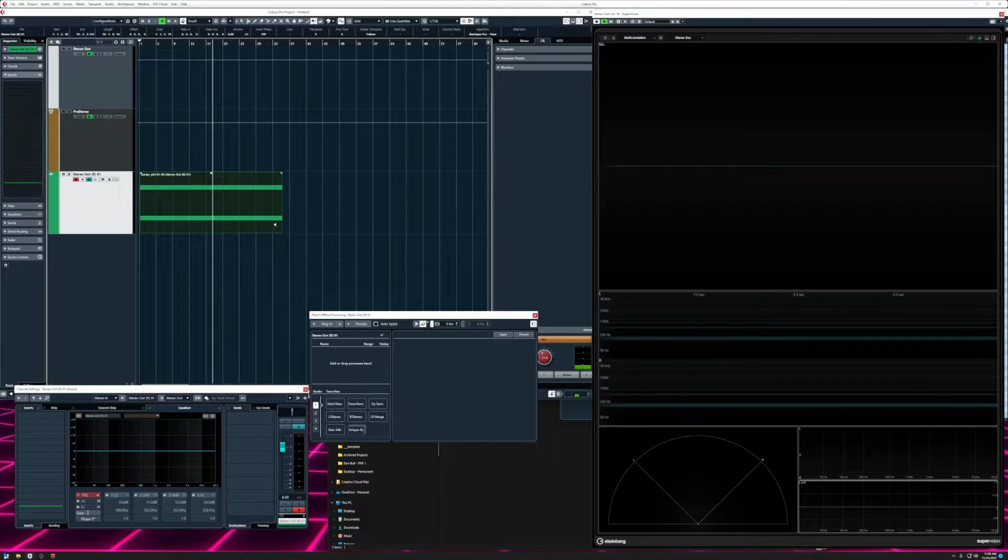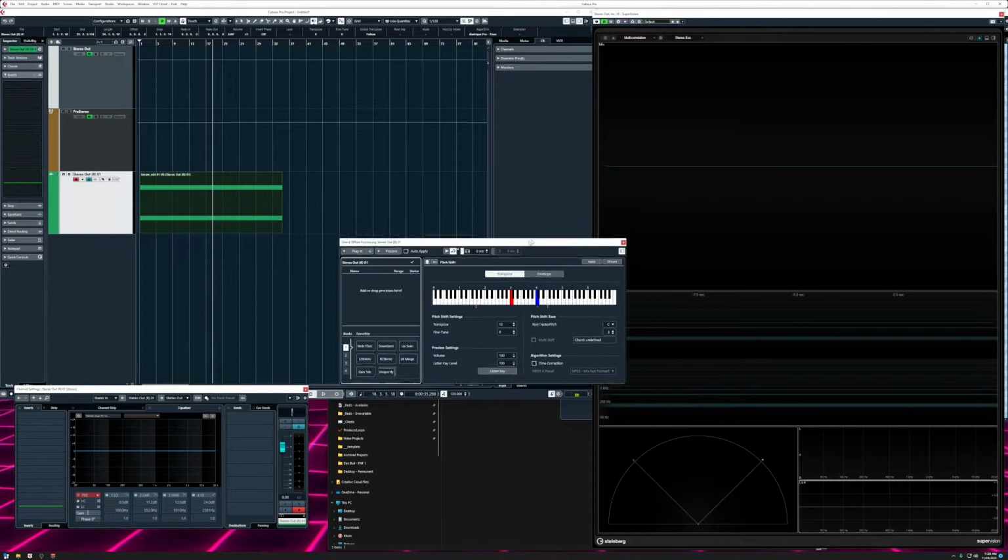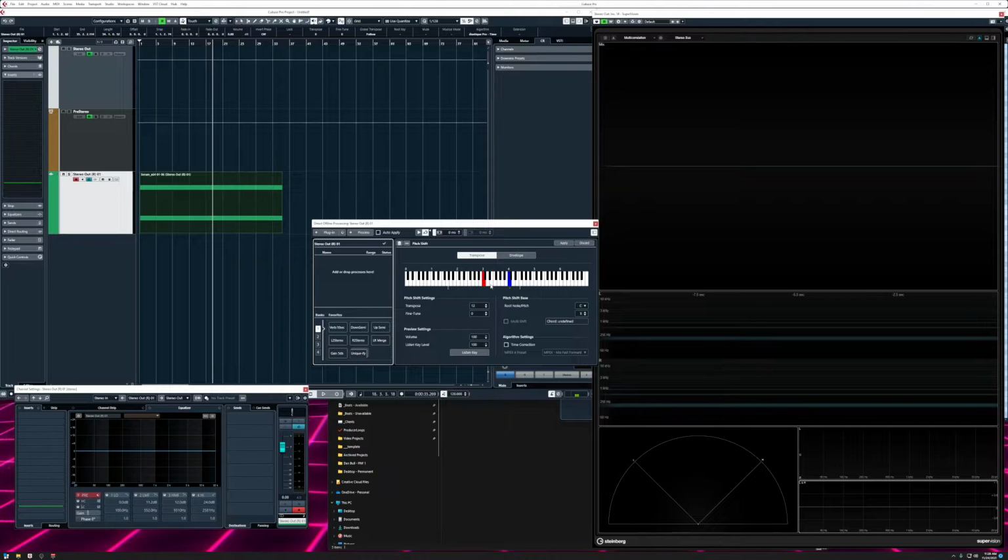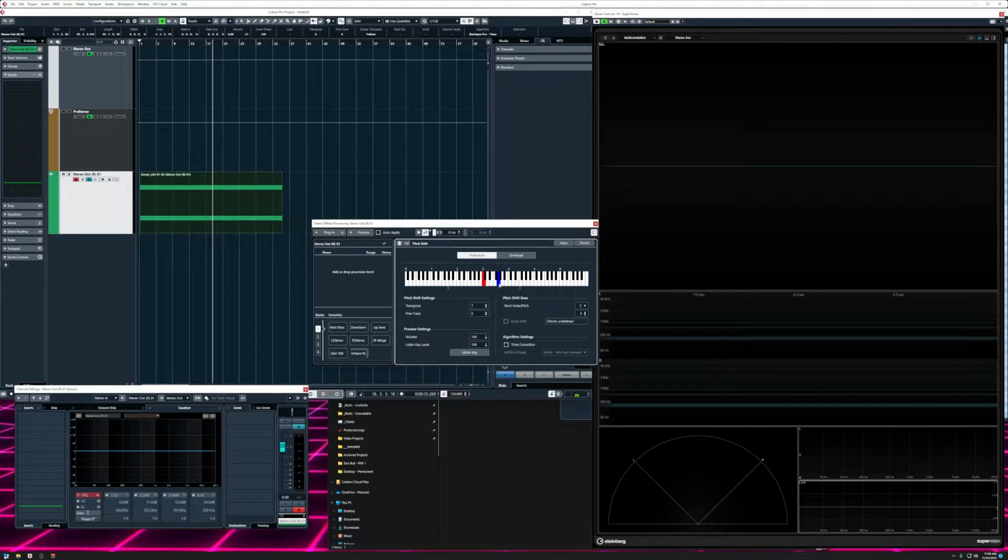However, when we're pitching stuff with this pitch shifter, I believe all of this is relative to equal temperament, so these aren't exact ratios, except for the octave. The octave we just did is a perfect 2-to-1 ratio, even in equal temperament. But every other interval is not a perfect ratio. So I'm going to do a perfect fifth, which should be pretty close in equal temperament, but not exactly.